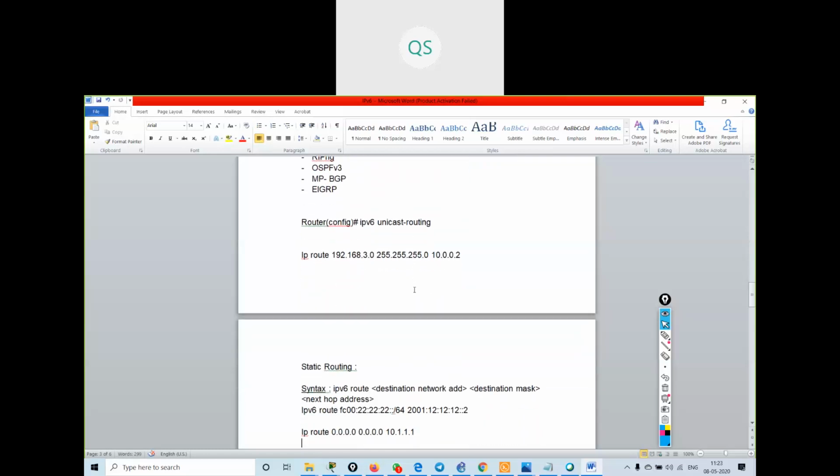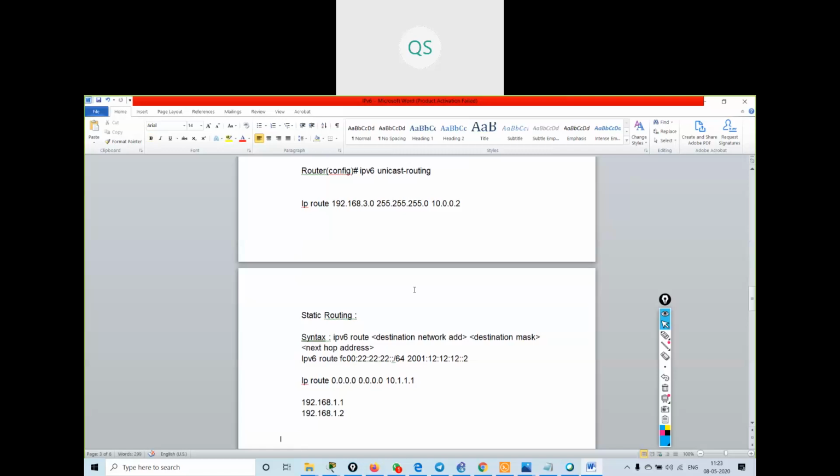Now, static route. The configuration is the same as IPv4 addressing, and the syntax is the same. We just have to use the command ipv6 route, and the rest is the same.